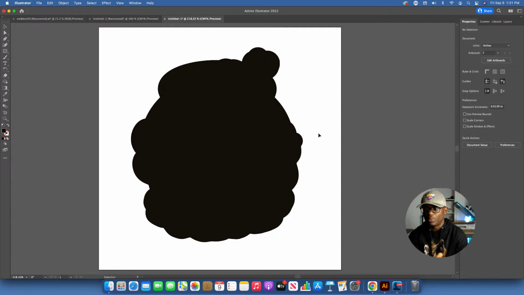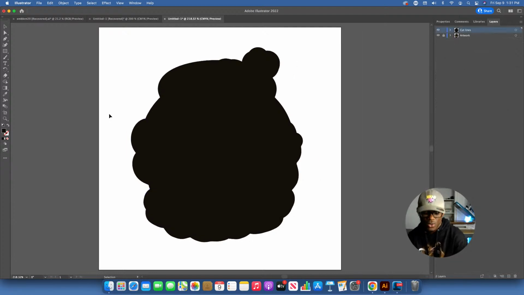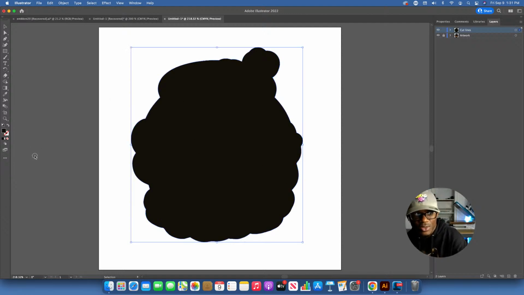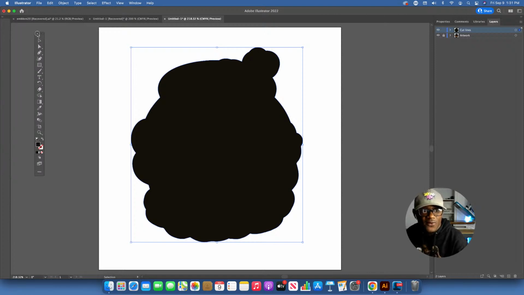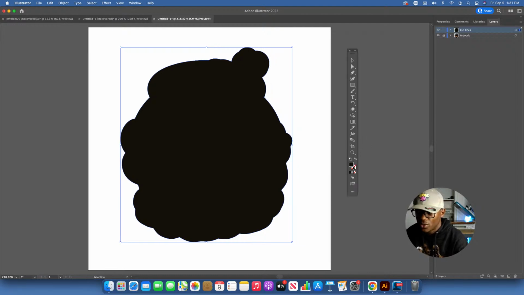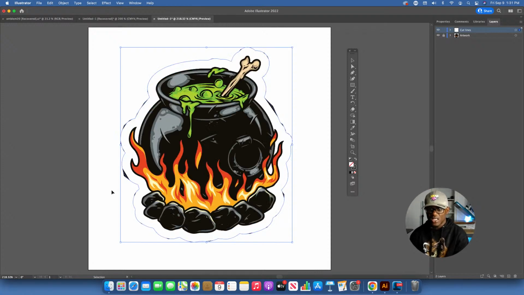That's all we did. We added a bleed to the sticker. So when we come back to our sticker menu, I'm going to select all one more time. Once I select all, I want to come over here and flip from fill to stroke. I want to flip the colors right here from fill to stroke, if you can see this right here. All right, so we're just going to hit and flip this. Boom. Once I hit that flip button, this is what it looks like.